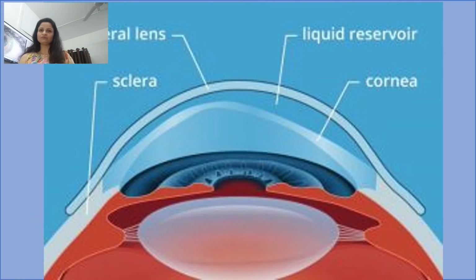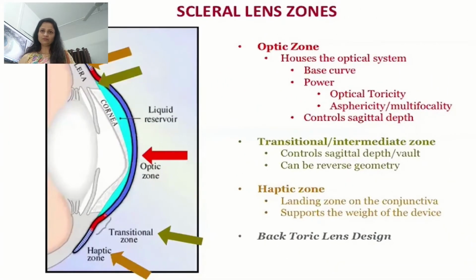And we can also give some power to this lens. If the patient requires a particular shape to fit on his sclera, and a particular power to correct the number that he has, then that can be done within the same system. Every eye is different in terms of the cornea shape as well as the scleral shape. As you can see in this diagram, there is an optical zone, a transitional or intermediate zone, and a haptic zone. This is the shape of the scleral lens which requires fitting.